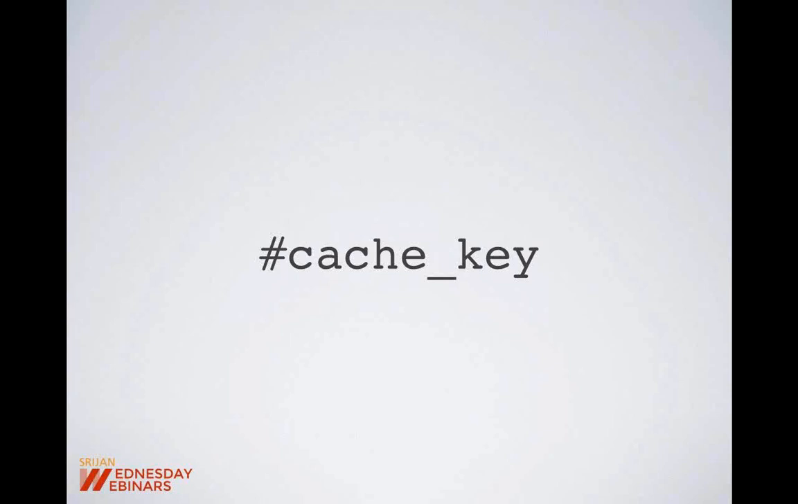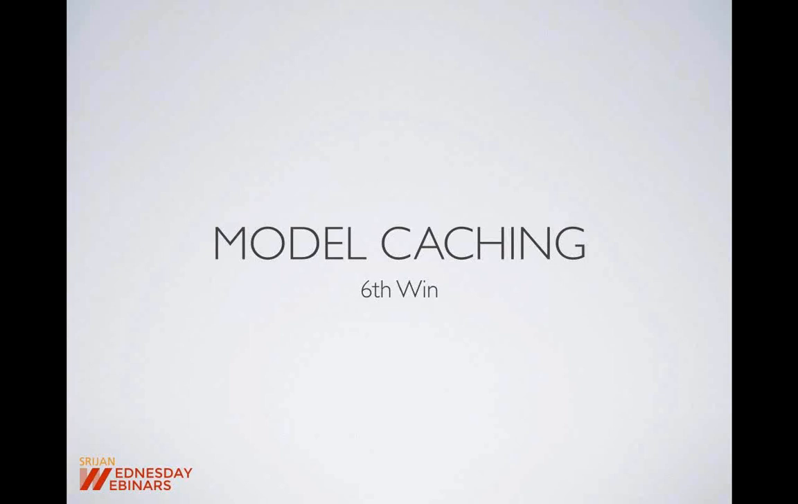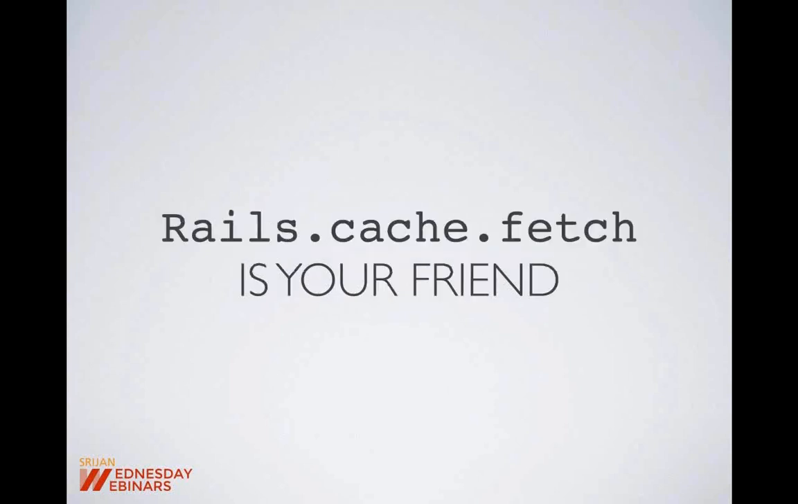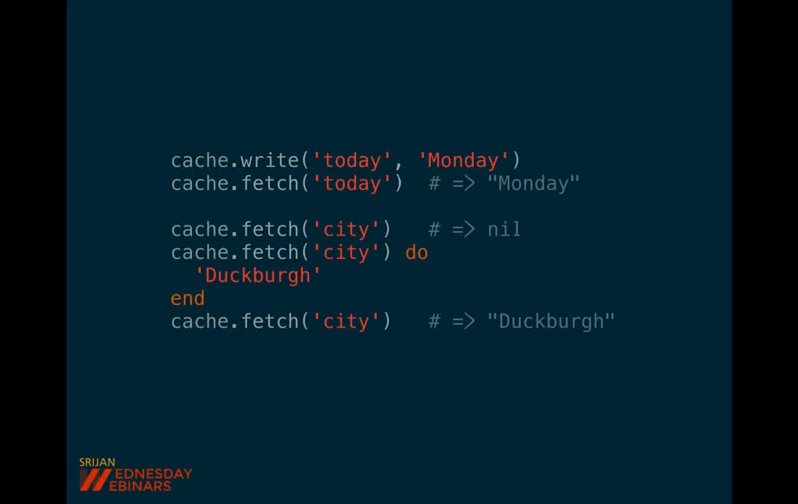So our next win is model caching. You cache your templates, you can also cache your models. I kind of maybe overuse this method. It's pretty awesome. It's called Rails.cache.fetch. It takes a string, an array, or something that responds to cache key, and if that cache key does not exist yet, it will, in the first case, you can see